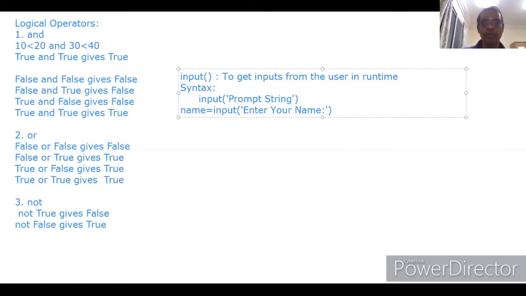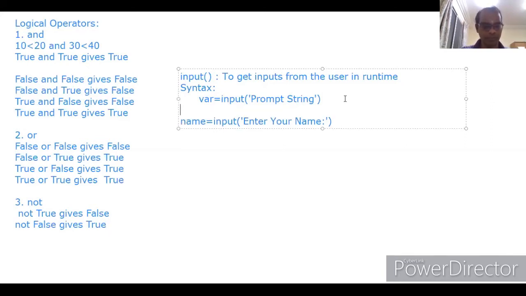Then we should have one variable equal to input within open bracket, prompt string. Here, name is a variable.